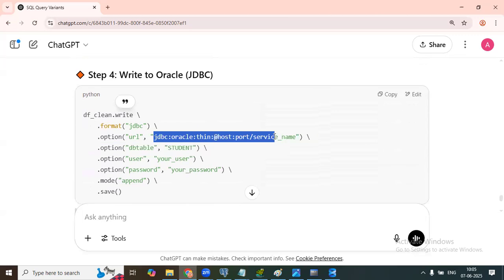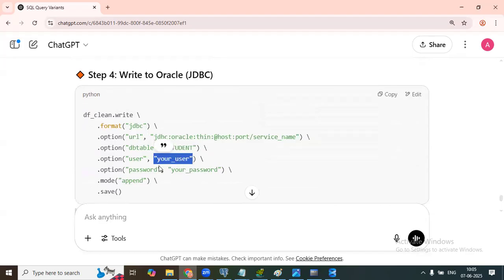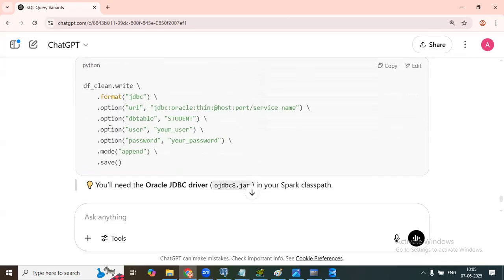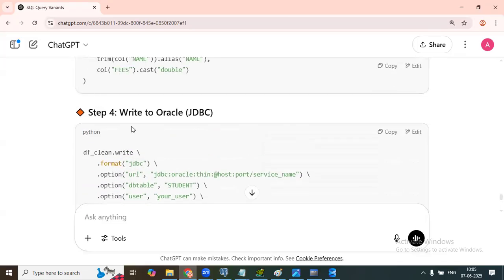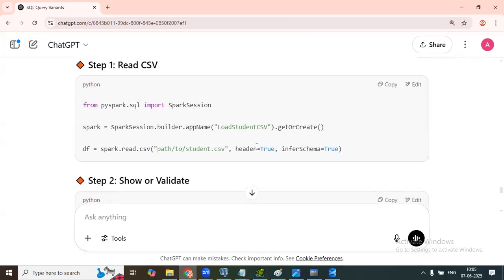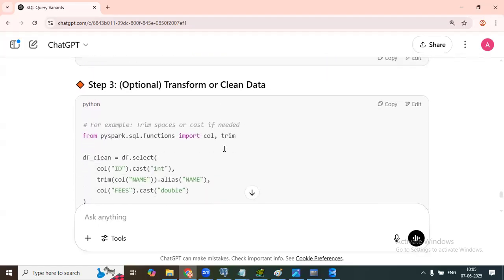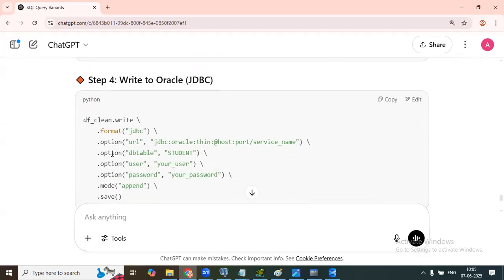This is the Oracle database connection. The DB table is the student table, the user is ADE user, the password is Akshara, and the mode is save. If you run this command, it will read this file in PySpark and load this data into which table? The Oracle table. Are you clear?